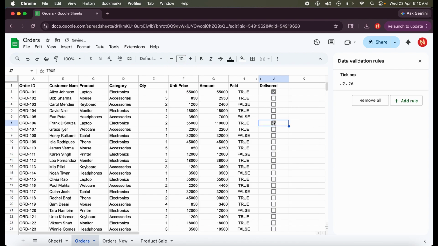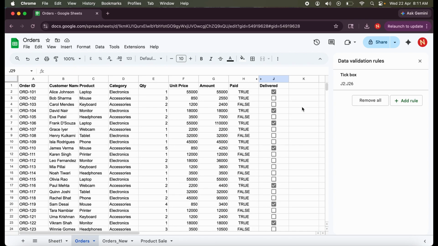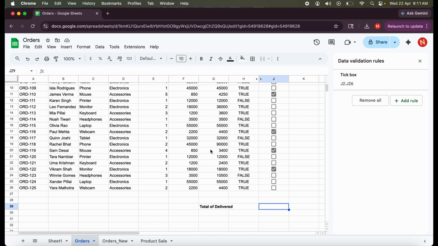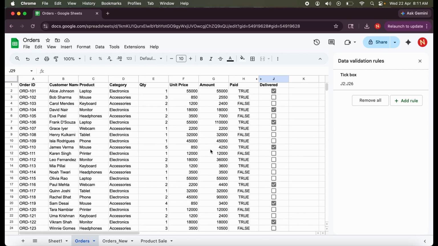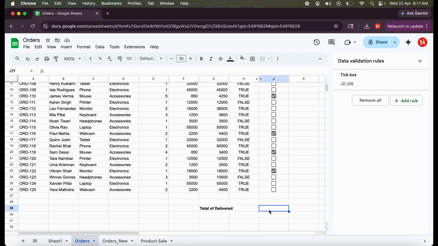You can just check for whatever is delivered without any hassle. Now what if we want the sum of only those which are checked? So we want the sum of G column for whatever is checked on J column. So for that we are going to use SUMIF,